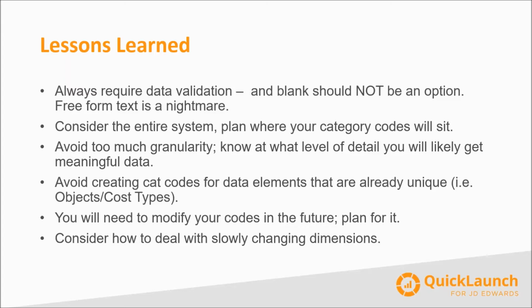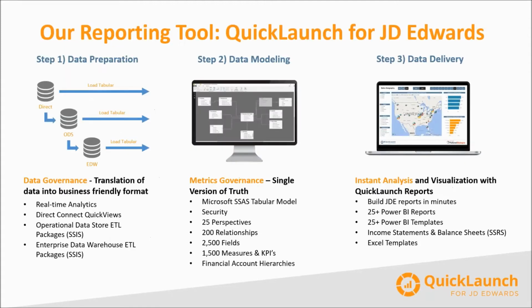Yeah, I would, particularly in the reporting tool, right? The way we do this, I come back to maybe this next slide, and we can talk about that a little bit. In Quick Launch, we're doing a couple different steps. In one case, we're reading step one, data preparation. We're reading all the data sets that come in from JD Edwards, right? When we do that, we're actually doing a lot of transformation of that. And we would recommend trimming the cat codes at that level so that you don't have spaces either one way or the other. So those NCHARs,